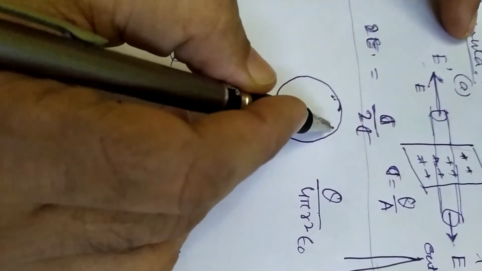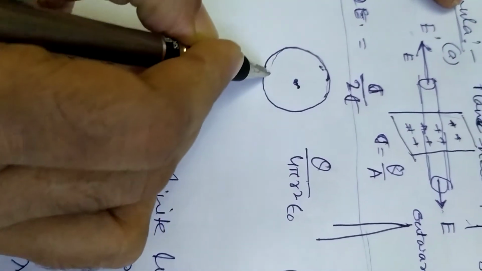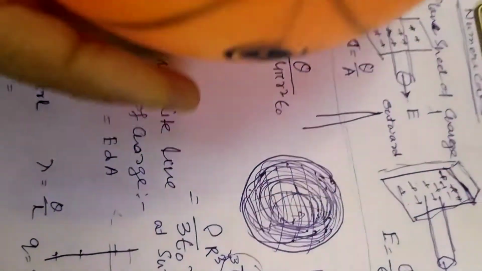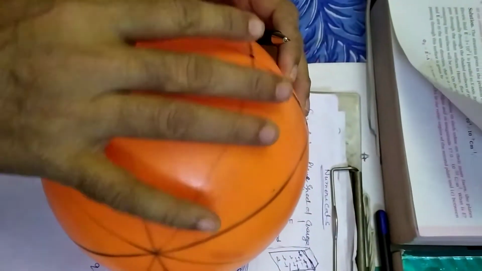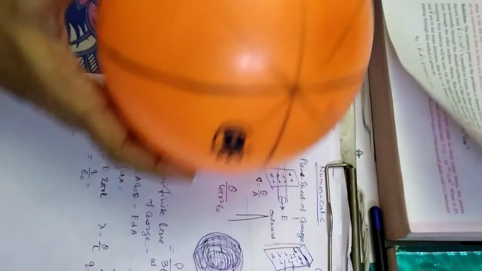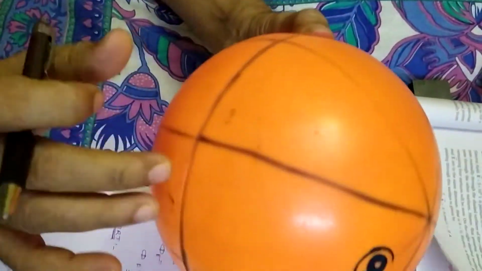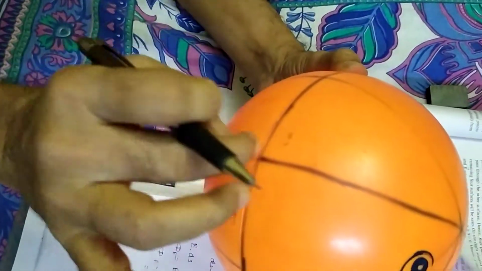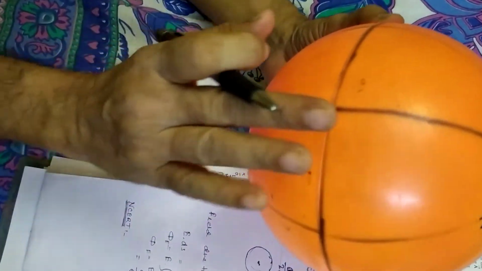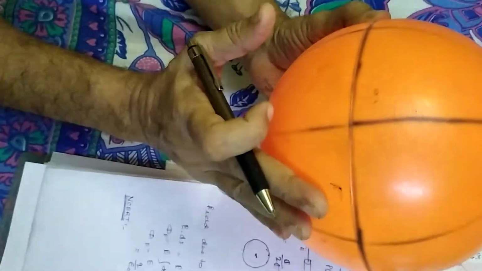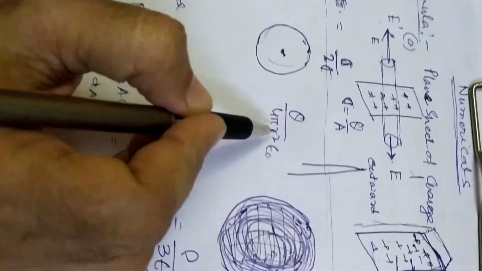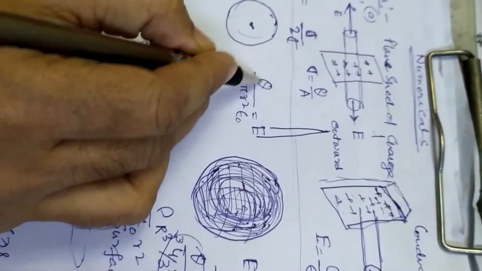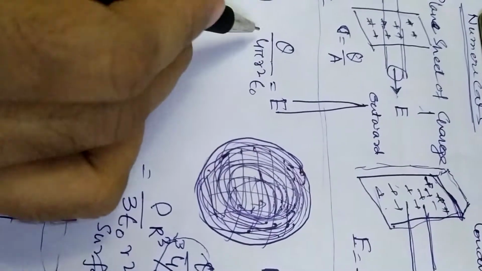see what these hollow charges are. Suppose we are taking this type of hollow ball like this. Suppose this is a hollow ball. If you are giving a charge over the surface, it will have an intensity. Inside this hollow sphere, it should be metal. If it is metal, inside this hollow sphere there will be no electric field. The electric field will be only outside the surface, and this value will be Q by 4 pi epsilon r square. This we have already proved: E equals Q by 4 pi epsilon r square. This is almost like Coulomb's law.